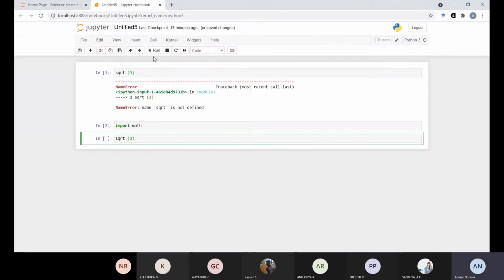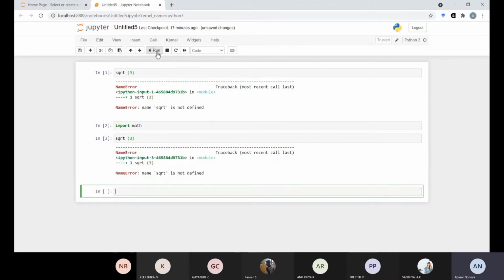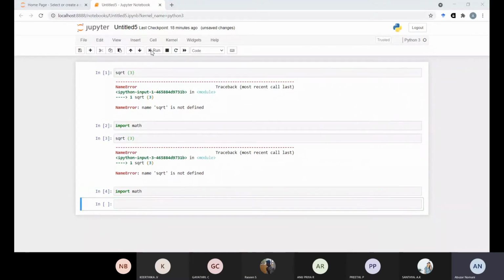Now give the command square root 3 and then run. One minute. Again, import math, run, then x is equal to math, and which function are we going to use here?